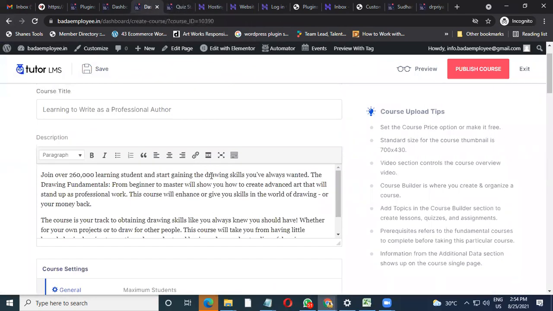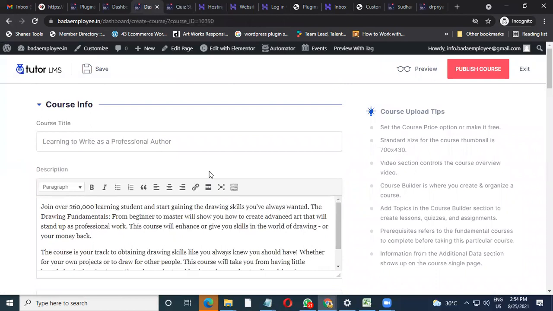Now there is one more option, which is again as per your need and requirement. In case you want to create a live session or a live workshop, because there are many people who have not created their courses and don't have any video courses. So in case you want to conduct a 3-day or a 5-day workshop, you can create it, integrate your Zoom with this particular platform, and you can sell the courses without any videos.